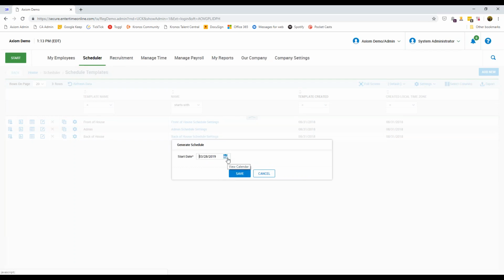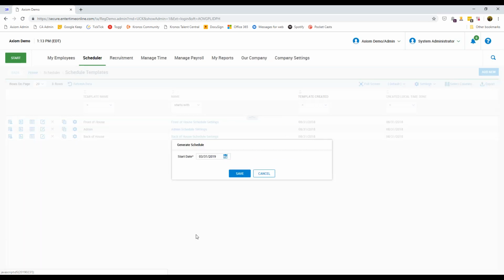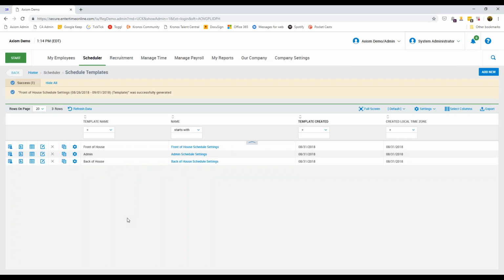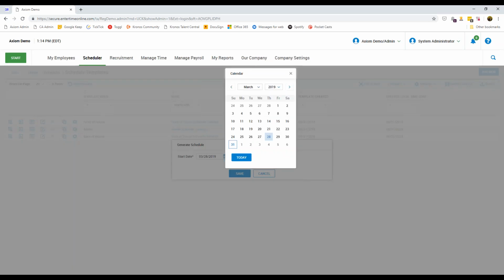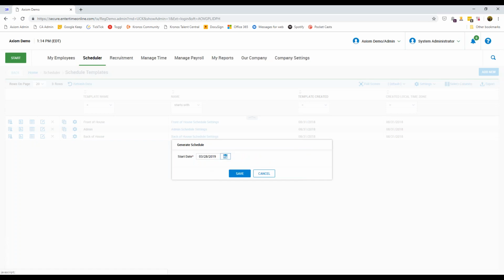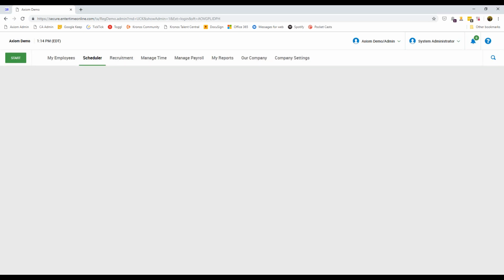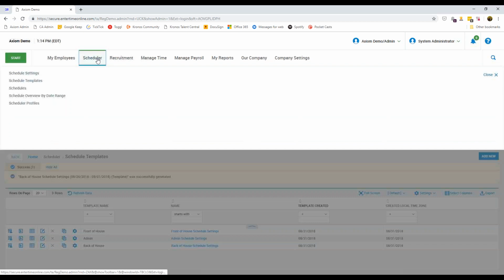And then our new schedule is actually going to start, as I said, these start on Sunday. So next week's schedule will start on March 31st. We're doing this a little late. But we're going to say March 31st is the start date of our new schedule, and we're going to say save. So you would do this for each of your templates. So here's our admin, March 31st, save. Back of house, March 31st, save. And now, just like that, I have created 3 brand new schedules